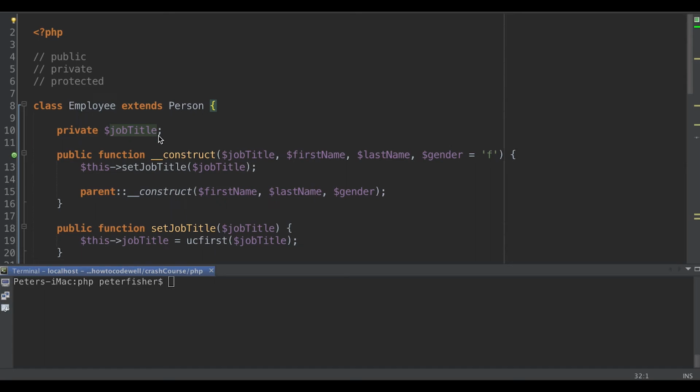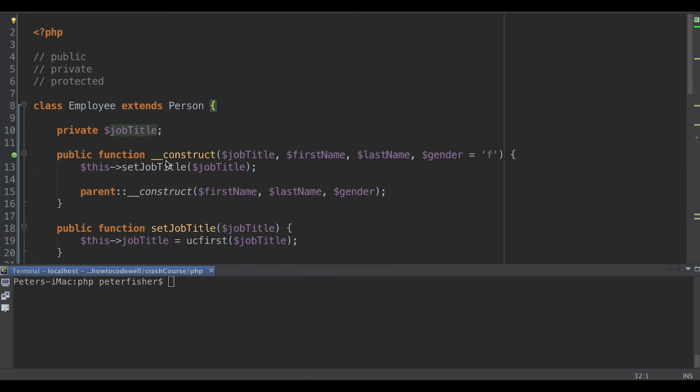Okay, so property overloading then. We're going to use some magic methods, and the magic methods that we're going to use are __get and __set. Now you may have noticed we've actually used some magic methods before. We've used the constructor, the __construct here, and magic methods basically start with __. These are reserved method names that PHP has, so we couldn't create our own construct method with the __ because these have special meaning. So for example, this constructor here, this __construct gets called whenever the class is instantiated, and